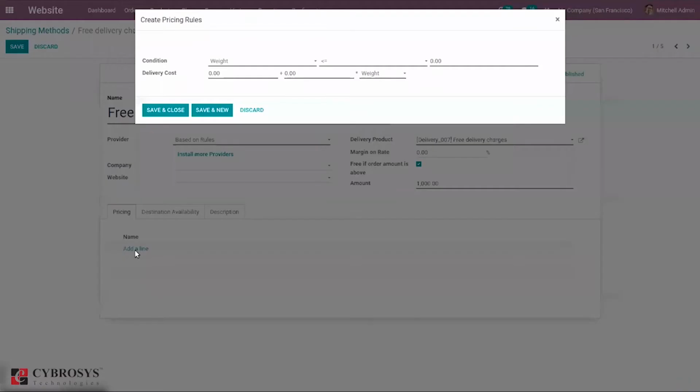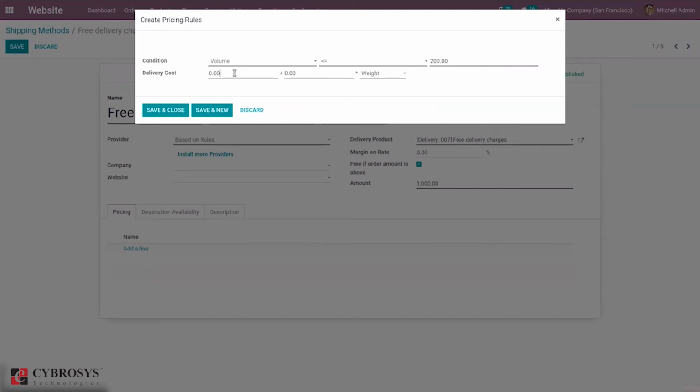Here we can click on add a line, and we can see the option to add a condition. The condition can be based on weight, volume, weight times volume, price, or quantity. If you set volume, you can set less than, greater than or equal to, less than or equal to, or equal to. Say it must be less than or equal to 200.